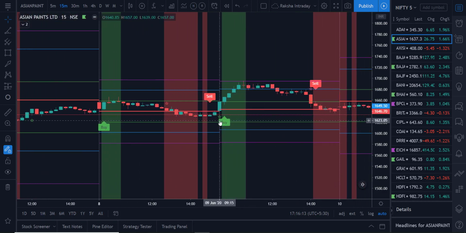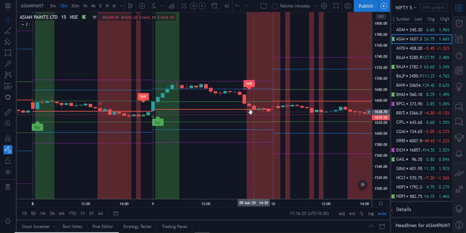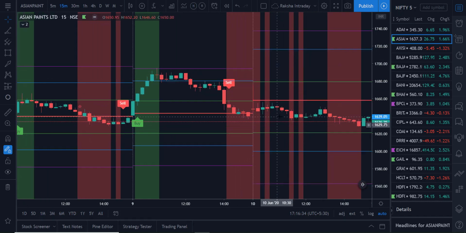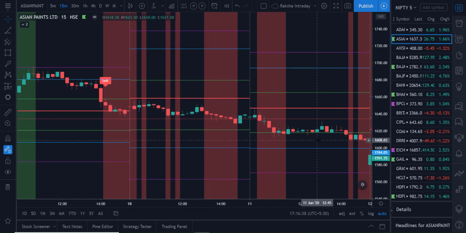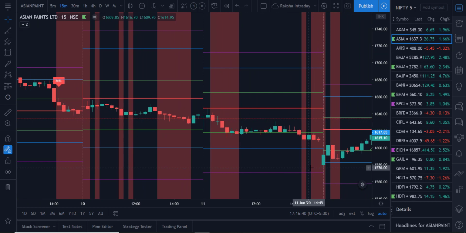Okay, I got one here. 9th of June, Asian Paints, 15 minutes, a star followed by buy. Your entry candle is this 9:45 candle. Your first target is blue and then purple, and you can see that it has given the target. Then another one came the same day, but it was after 2 o'clock. So we do not enter the trade after 2 o'clock for intraday ones. But still, if you're a positional trader, you can see from here to here, and it's going down.